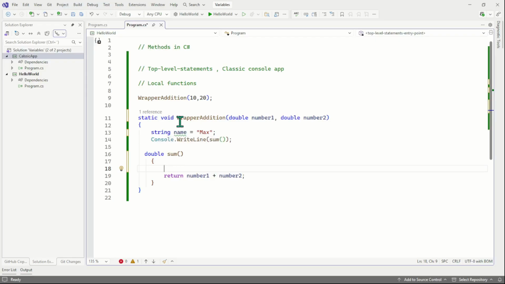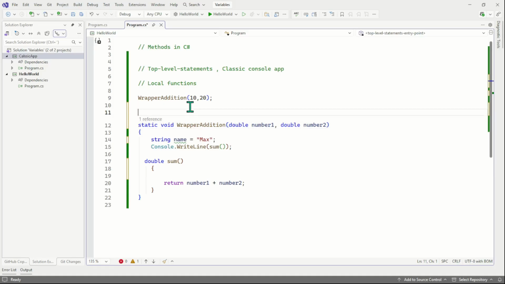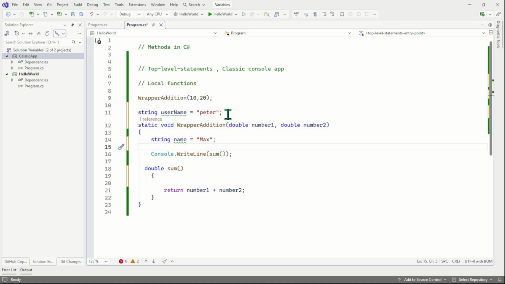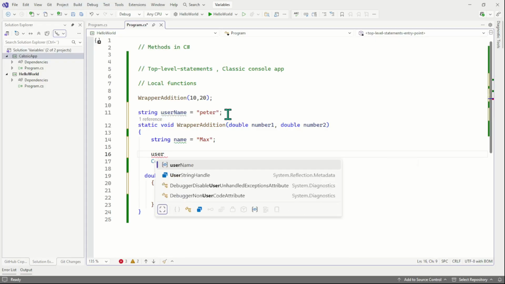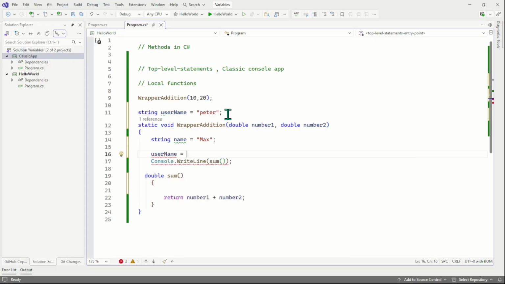Adding static to the method's definition is a good idea. Using static in the method's definition, you can stop this method from accessing and modifying data which is outside of the method. This is the best practice, to always have static in the method's definition. If we have any variable outside of the method, let's say string username Peter, this variable is not available inside the method. Let's say if the method tries to access the variable,